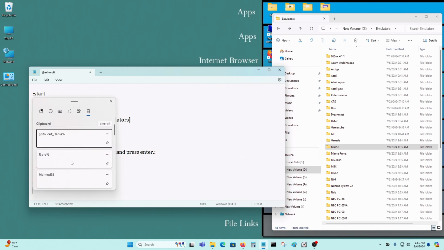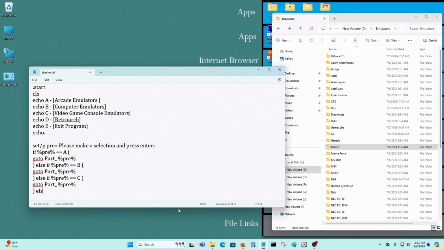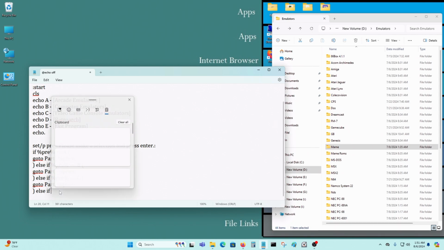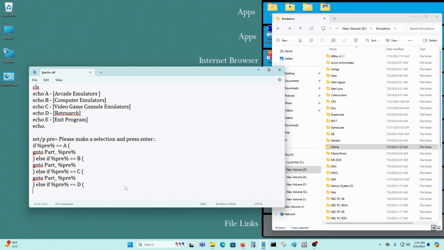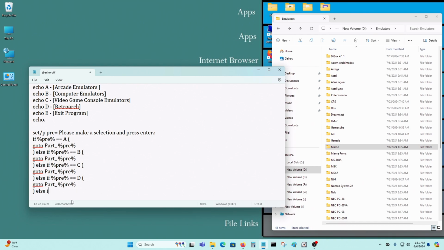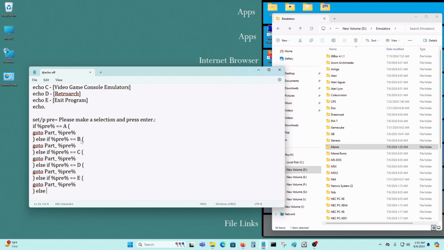Go to, Windows V again. Select that. Else if, Control V, oh, I'm sorry. Equal to D. That. Else if that equal to E, go to that. Else